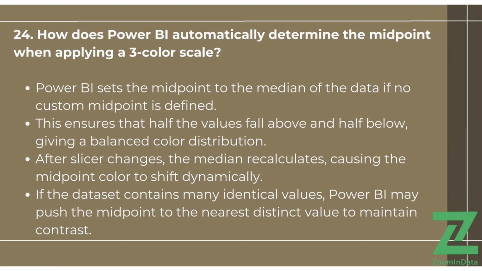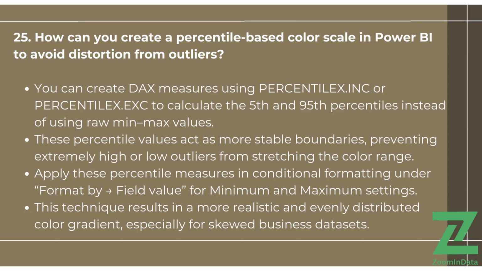If the dataset contains many identical values, Power BI may push the midpoint to the nearest distinct value to maintain contrast. 25th question. How can you create a percentile-based color scale in Power BI to avoid distortion from outliers? You can create DAX measures using the functions PERCENTILEX.INC or PERCENTILEX.EXC to calculate the 5th percentile and the 95th percentile, instead of using the raw minimum and maximum